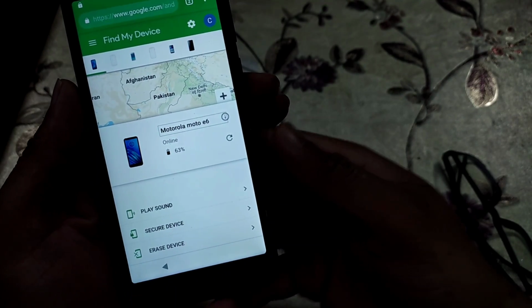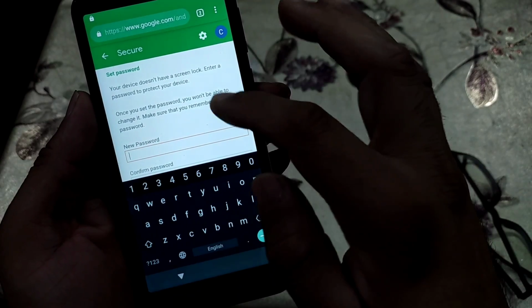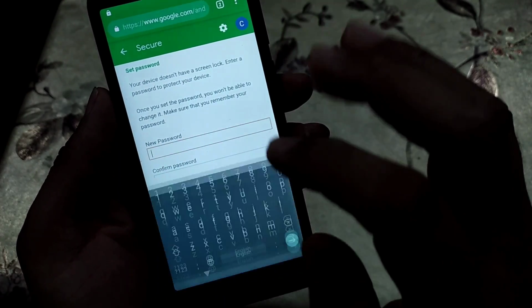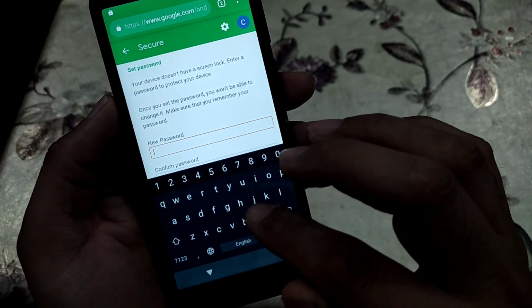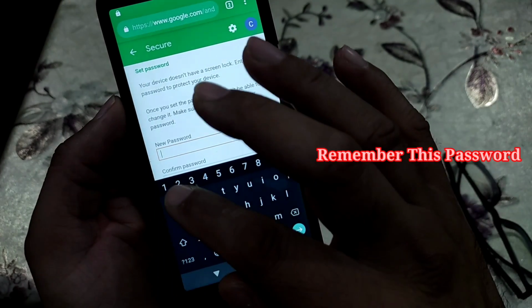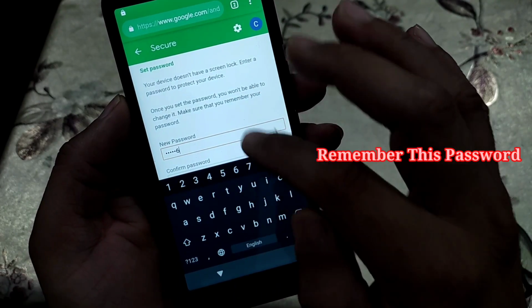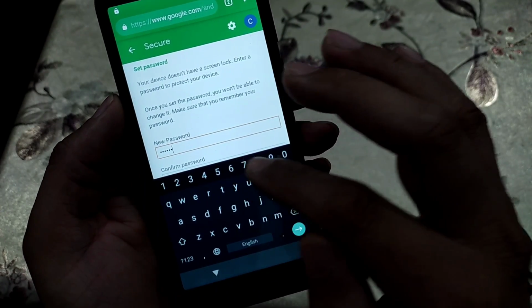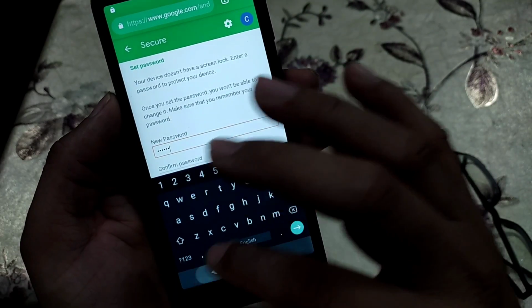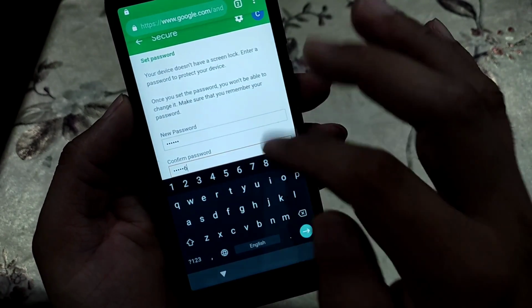Secure device, click on it, and now it's asking for a password. You give here any password, but you keep it remembered because we need it afterwards. So I am giving here the password 123456. Click again 123456.